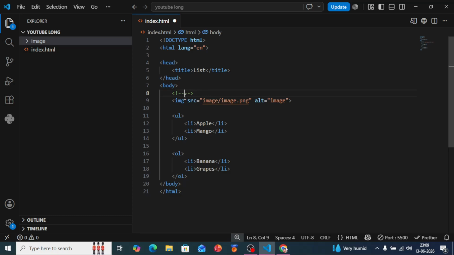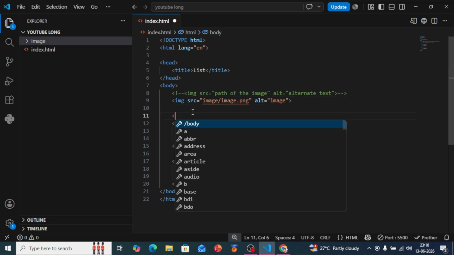For example, I am going to write the syntax for inserting an image: img src, path of the image, alt, alternate text, angular bracket close.